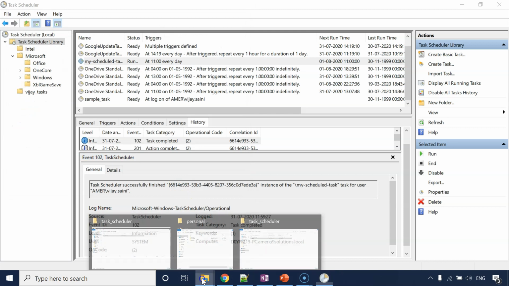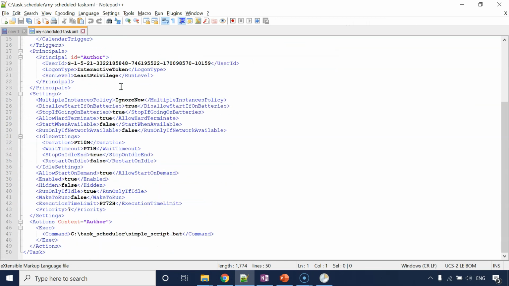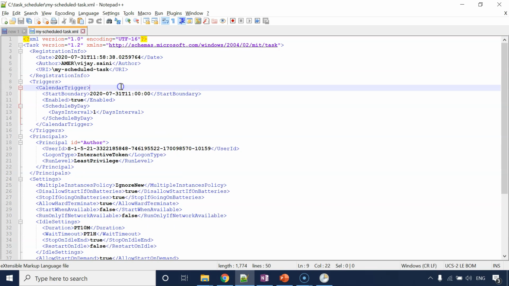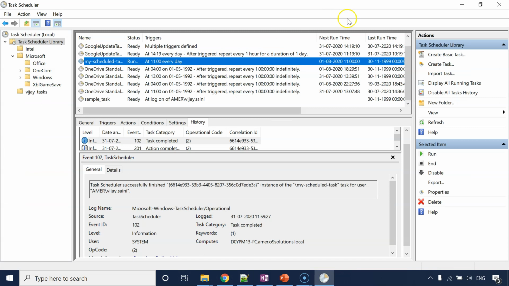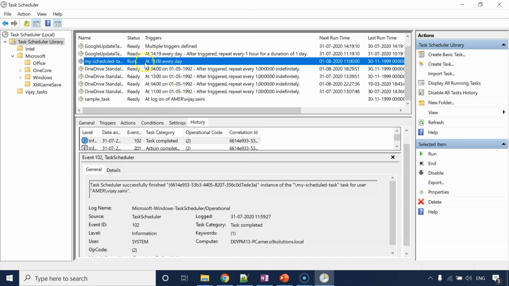Save, and if you go there and open this, you are able to see your scheduled task in XML format, which can be later imported to any of your system. How you will import it? So go here and import the task. Just specify the path of your XML file, and automatically this task will created on any of the system where you want to import it, right? So you don't have to go through each of these tabs again and again.